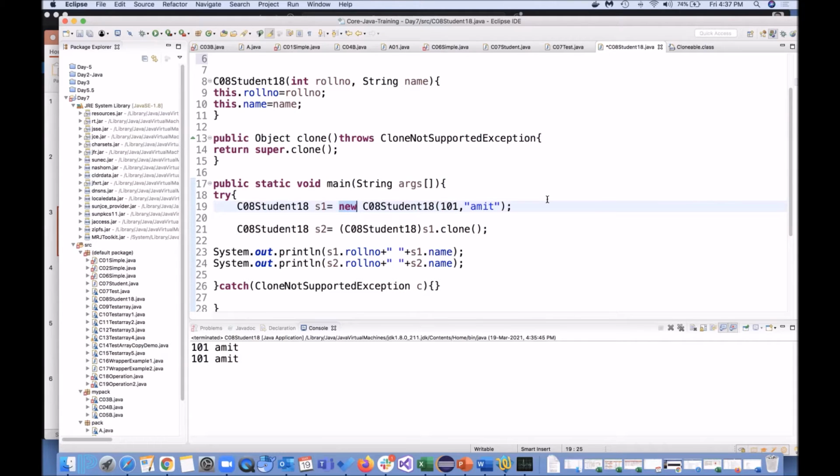A classical example can be some class where some mandatory attributes are there, whose value is not going to change, or by default you want to keep some values there.